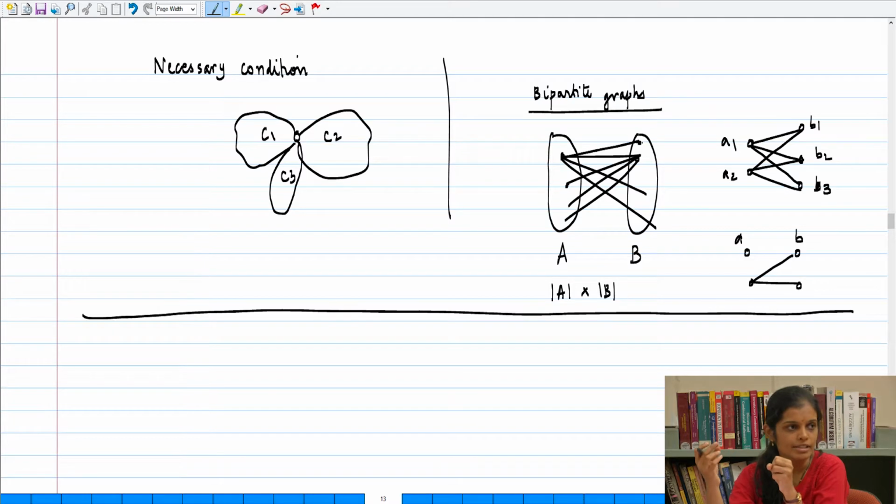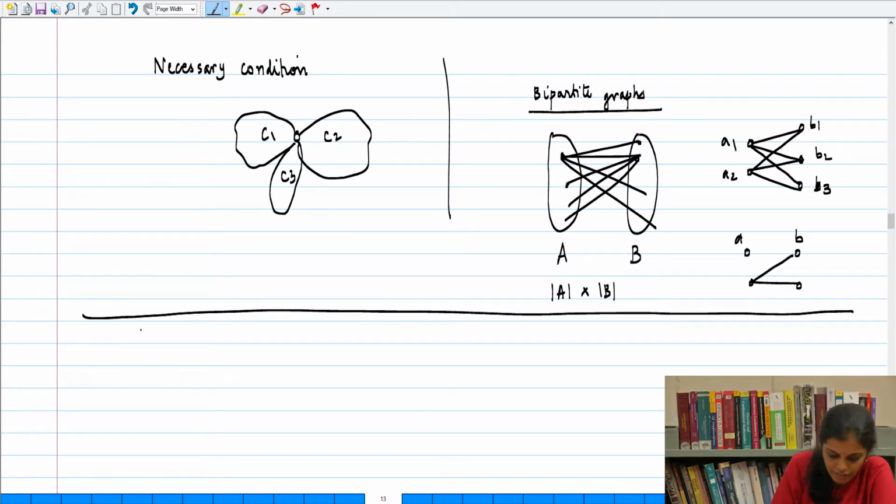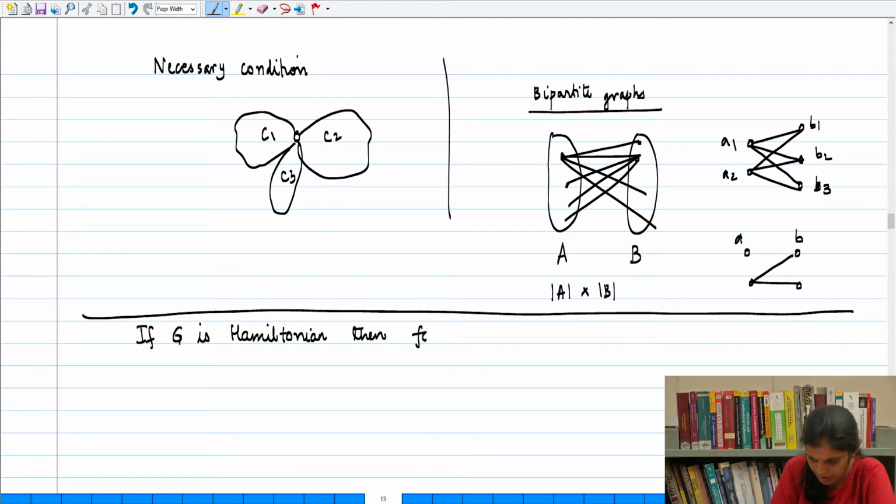If this happens, then the graph cannot have a Hamiltonian cycle, or we will reverse the condition and say that if G is Hamiltonian, then for every set S belonging to the vertex set,